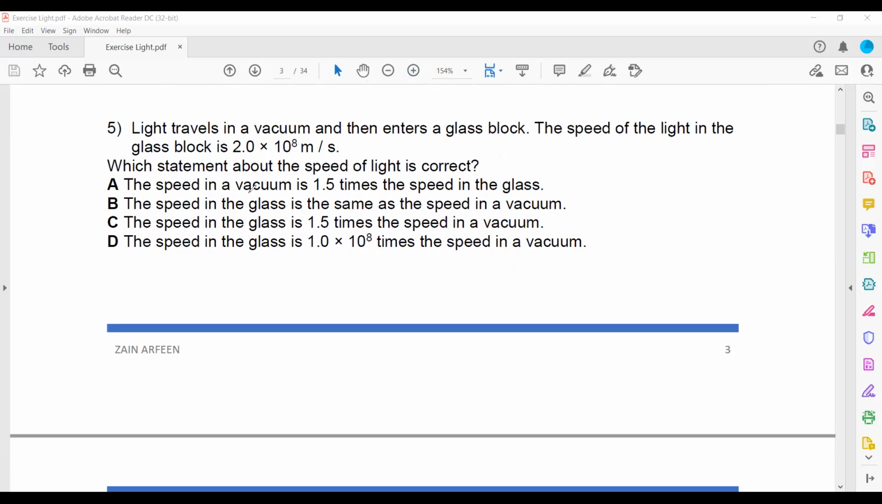The speed in a vacuum is 1.5 times the speed in a glass. So when you compare the values, the ratio, you will find the first statement to be true, because the speed of the light in a vacuum or air is 3 × 10^8, and the speed of the light in a glass is 2 × 10^8. When I take the simplest ratio,